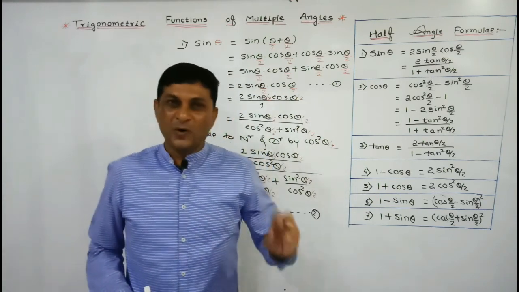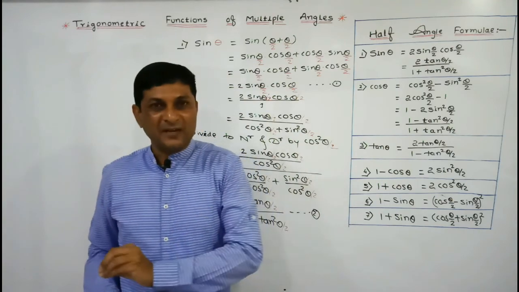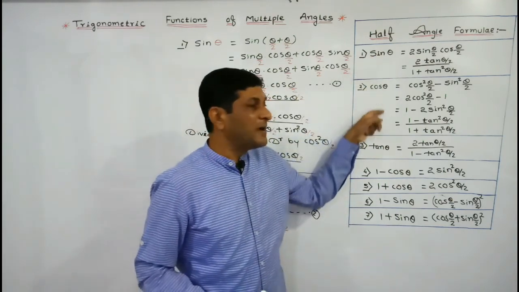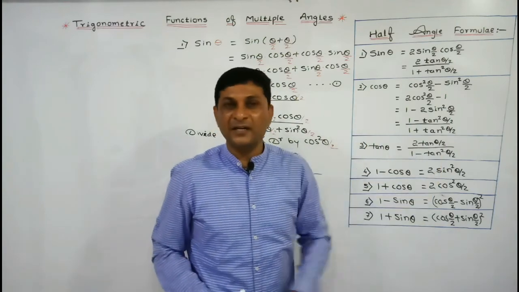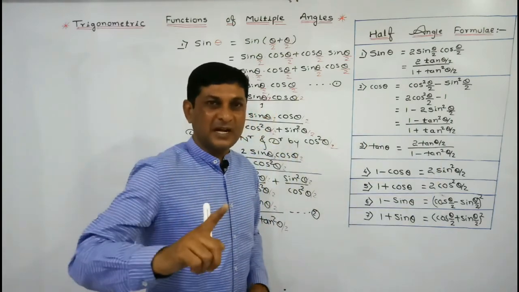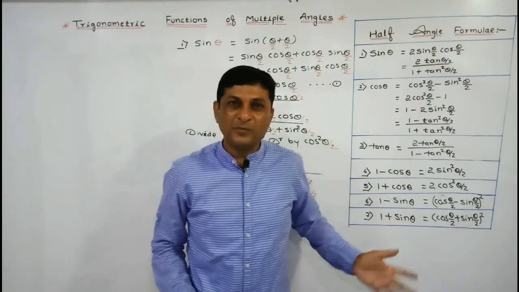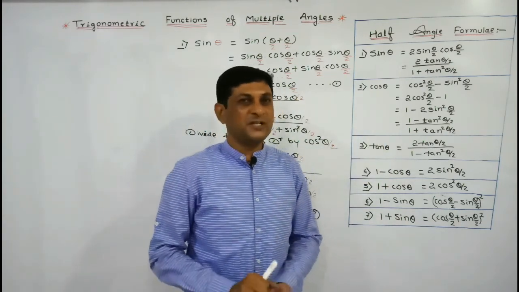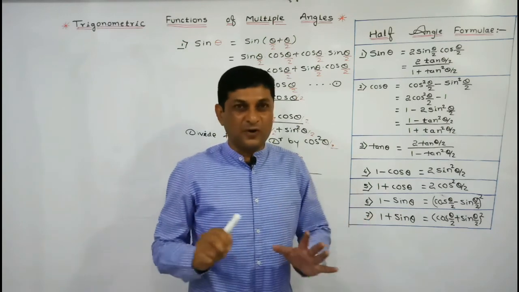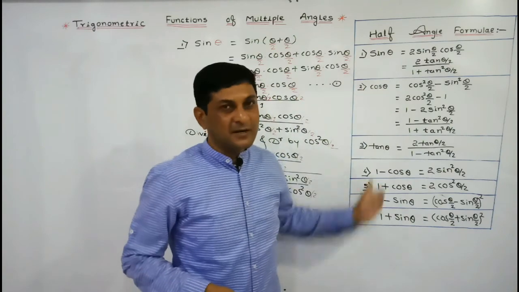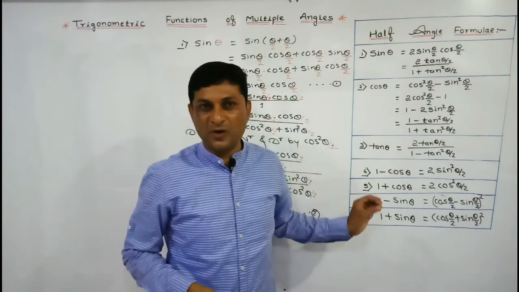So, simply, you have to copy the proof of the double angle formulas. Just on the left hand side you have to replace 2 theta by what? Theta, and on the right hand side you have to replace every theta by theta by 2. Since the proof of the half angle formula is very similar to the double angle formula, I will leave the proof of the half angle formula as a practice for you. Already here the list of half angle formulas we have prepared.